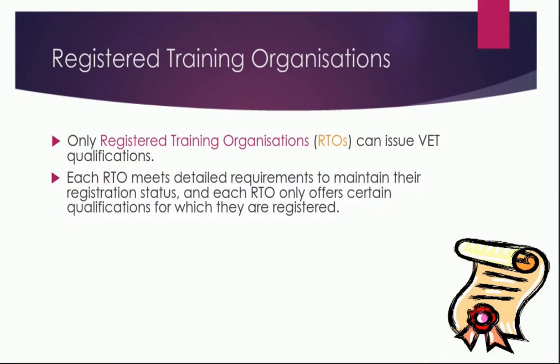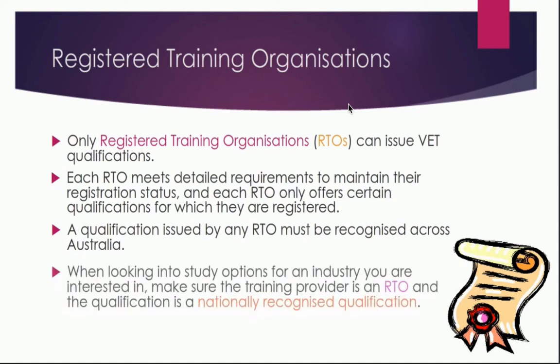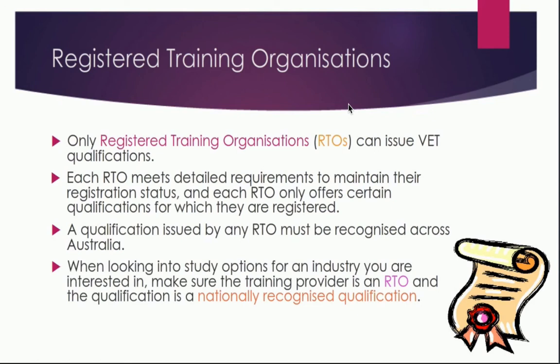Only registered training organisations, or RTOs, can issue VET qualifications. Each RTO meets detailed requirements to maintain their registration status, and each RTO only offers certain qualifications for which they are registered. A qualification issued by any RTO must be recognised across Australia. When looking into study options for an industry that you're interested in, make sure the training provider is an